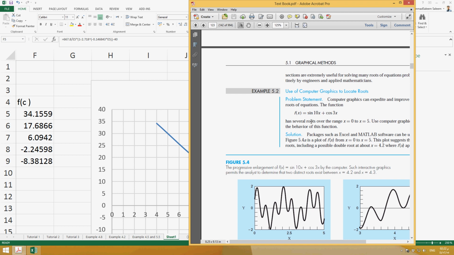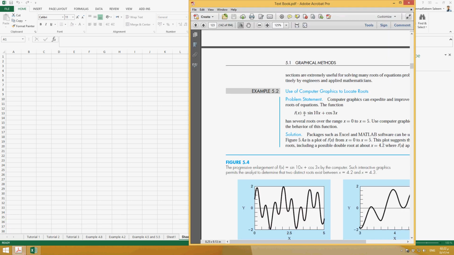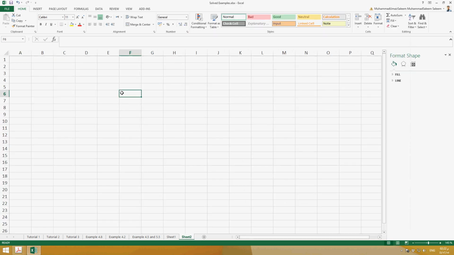Okay, this is the second example, and in this example, if you see here, on one side you have f of x, which is actually this function, and the x should be changed from 0 to 5. Either you can use Excel or MATLAB. So let's do the same example here. For example, this is the x on one side and the f of x is on the other side, and x is, for example, 0 to 5, so the first value is 0, and the other value I just put here, and it's sine